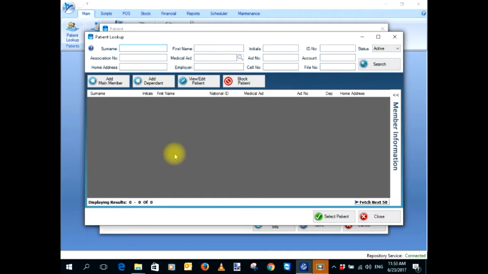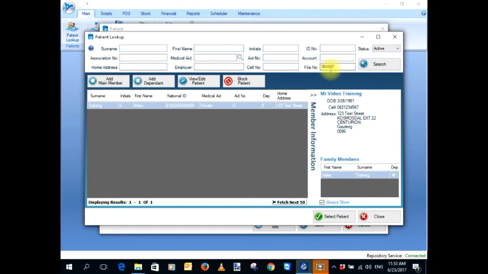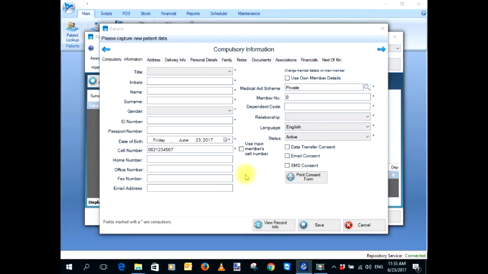We select the Add button. We search for our main member, which we are busy with. I'm going to search with the unique file number, and we add a dependent to our main member. In the Family tab, we group together all the members that belong to that same family. They can have a different surname, they can have their own medical aid, but it means that that family belongs